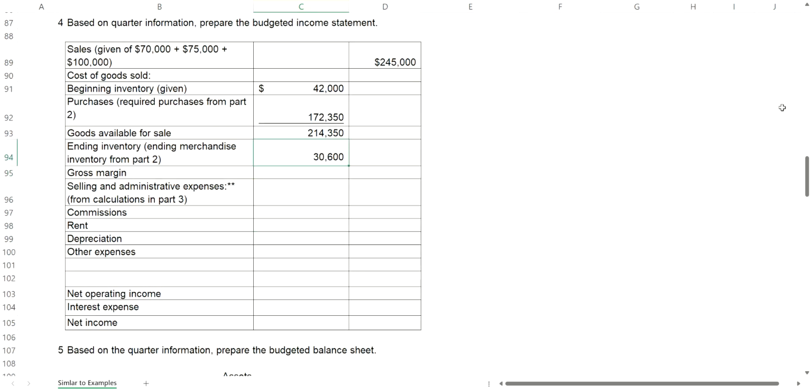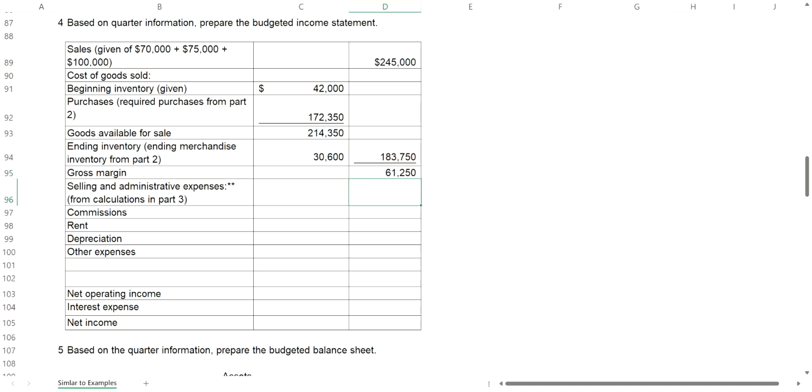Okay, so I brought that down. So I will take the $214,350 minus the $30,600 to come up with that I actually sold $183,750. To get my gross margin, I'll take sales of $245,000 minus the cost of goods sold of $183,750, and